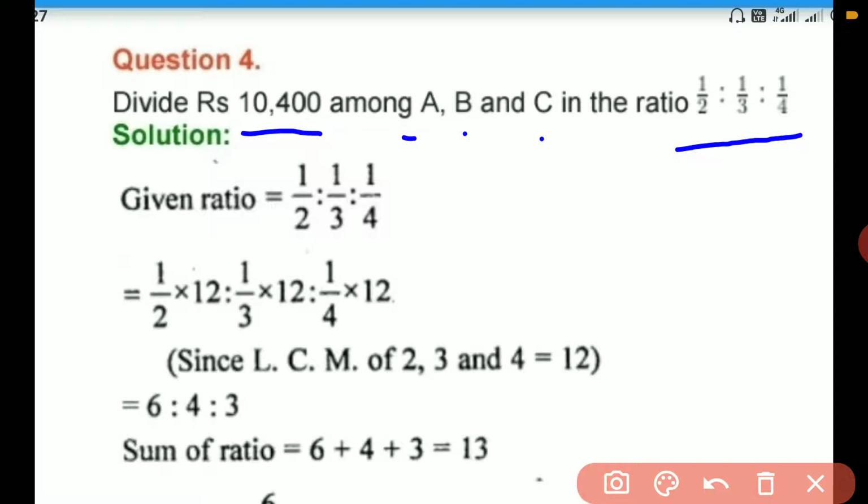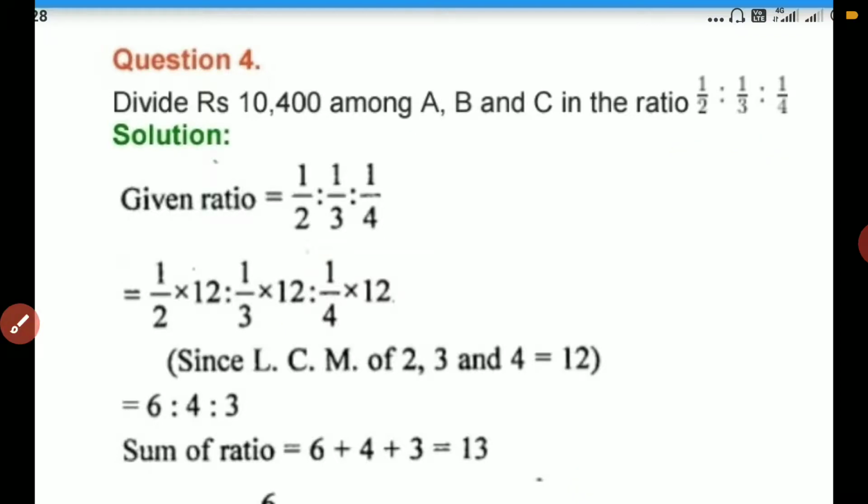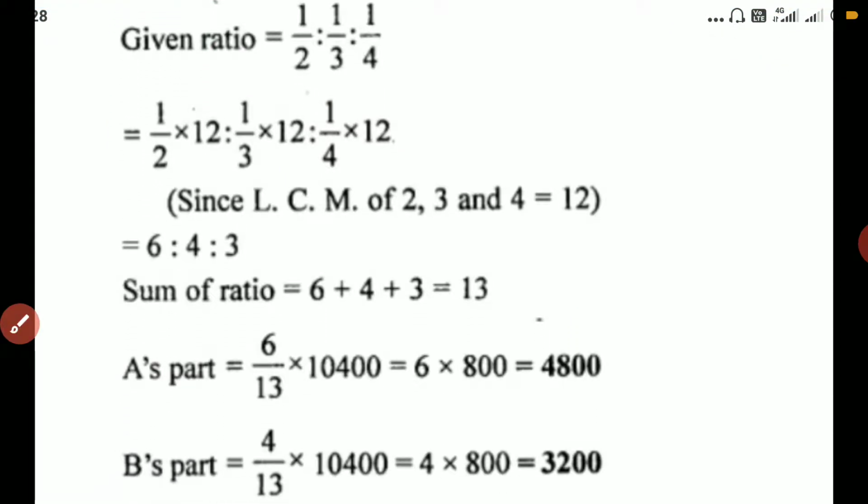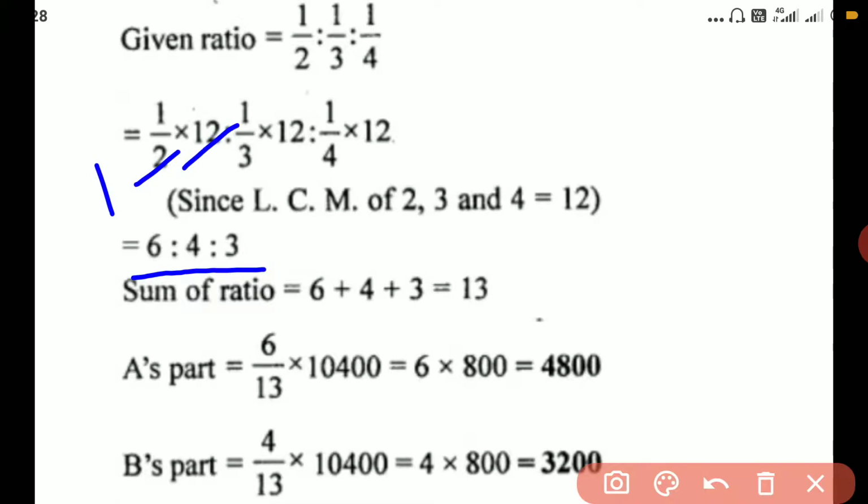So the steps were, first find the LCM of these 2, 3 and 4. The LCM will be 12. Please try it, okay? And multiply each fraction by that LCM. These were the steps we had already done in exercise 11a. Now after the multiplication with 12, our ratio will be 6:4:3, because 2 1 times and 2 6 times,